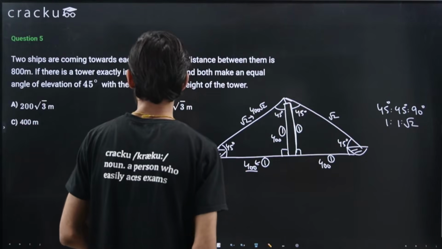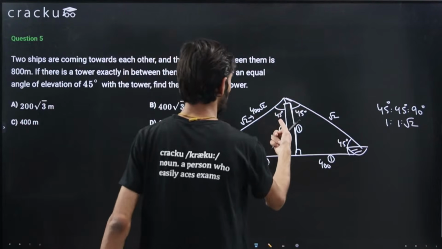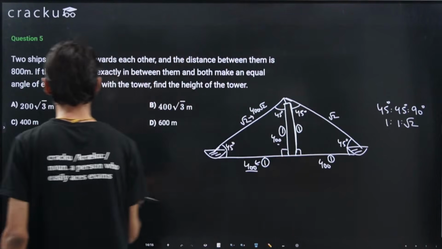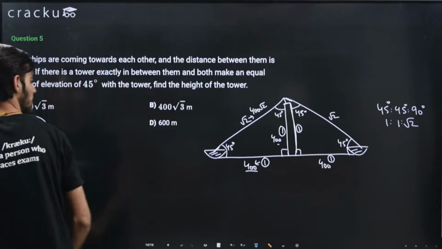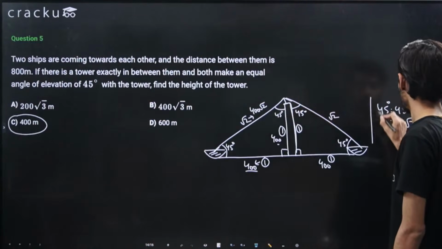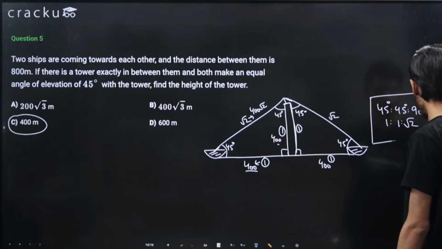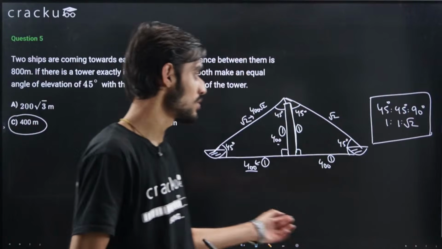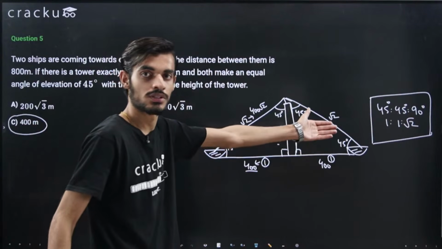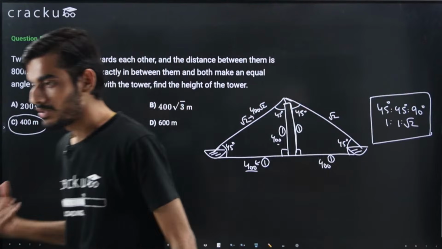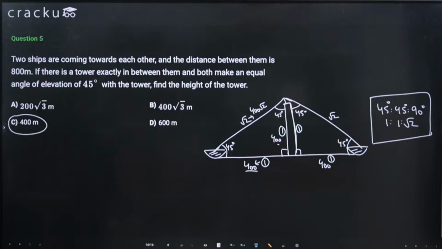Let's see what is being asked. Find the height of the tower. So this is the height of the tower, that is 400. So this was an easy question, I guess. This should be 400. Just with the help of ratios, for that only I told you that if you know these ratios, 45, 45, 90 and 30, 60, 90, then you will be able to solve these questions very quickly with the help of just the ratios. So I think this should also be clear. This was a doable question. If we don't have any doubt, then we can move ahead to the next question.